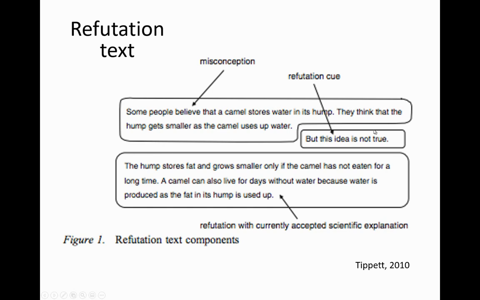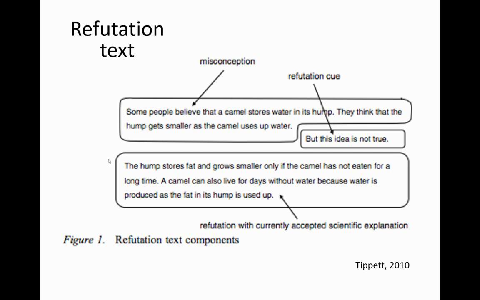So, stating the misconception. The second part is a refutation cue, like "but this isn't true," or other words or phrases that would give you a clue that this misconception is not right. And then it ends with the refutation, with the currently accepted explanation. Actually, the hump stores fat and grows smaller if the camel hasn't eaten for a long time. It's actually not water. You might have used this in persuasive writing. You may see this done in persuasive writing, and I'll be curious whether you see this in the 1619 project